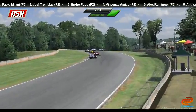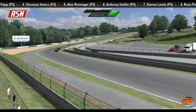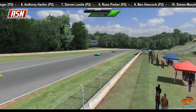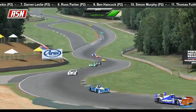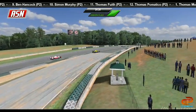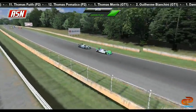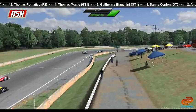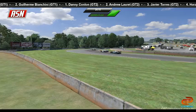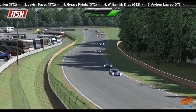Turn 3 is a really tricky corner. 4 GTs are starting, they're clean, and the 2 Corvettes are clean, and that's Harkin leaving the pit lane. So all is clean so far, that's a good thing. As on a battle that is Andre Pop with Rominger for the 5th position, as the top 2 are battling obviously for the lead, and that's actually for 4th